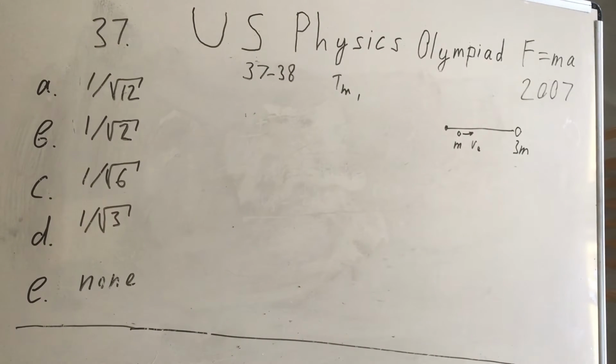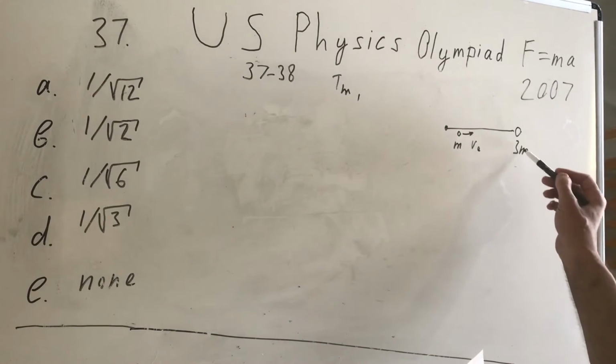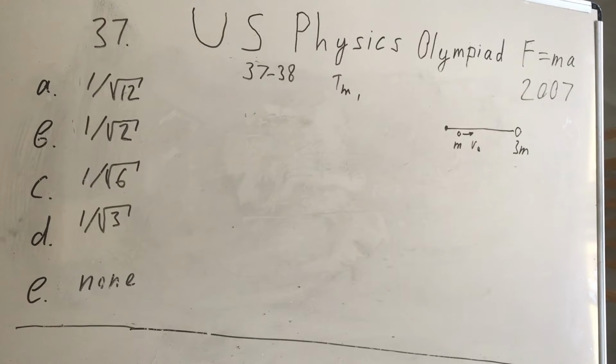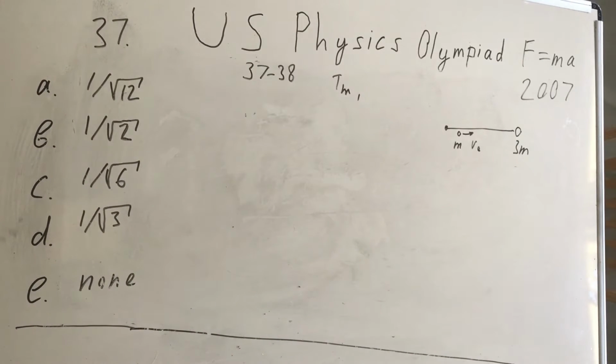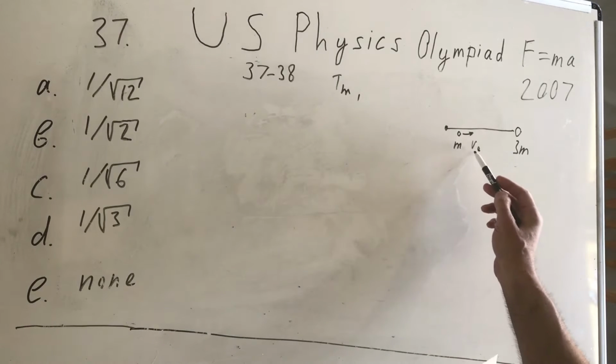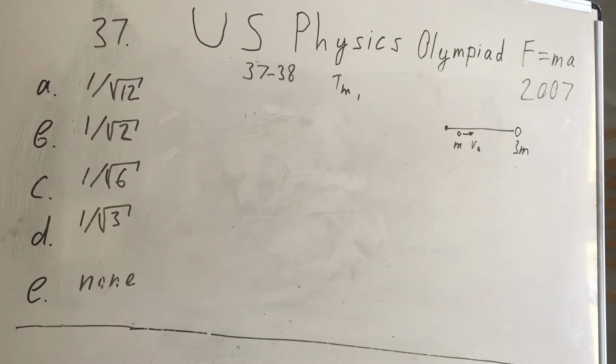The other is attached to an object of mass 3m. If a second smaller object of mass m moving at an initial speed v0 hits the larger mass and the two stick together, the cord will stretch and break,